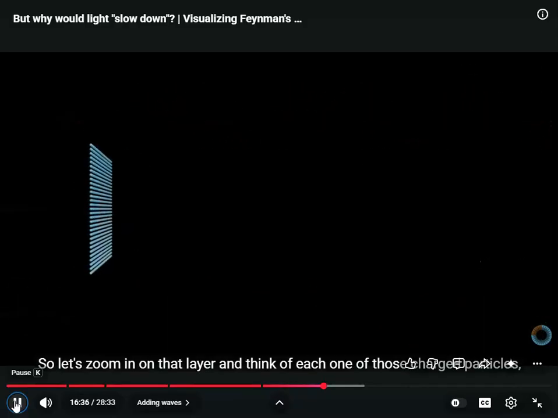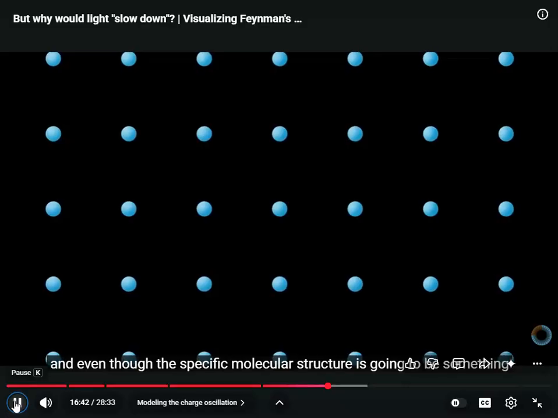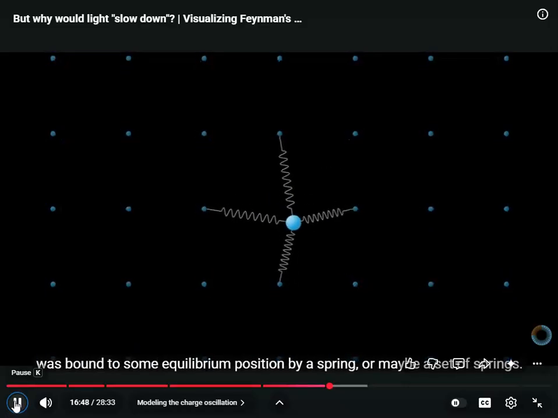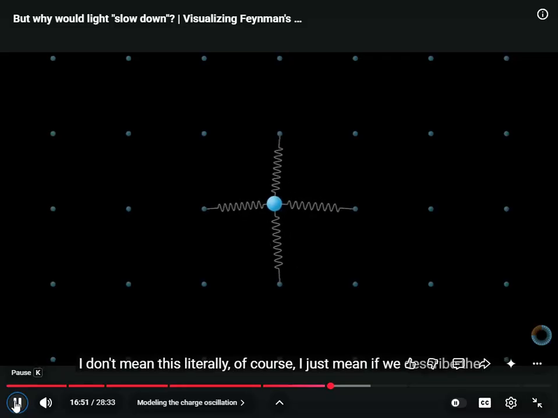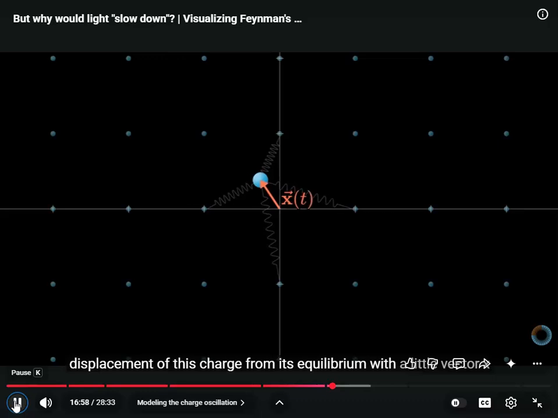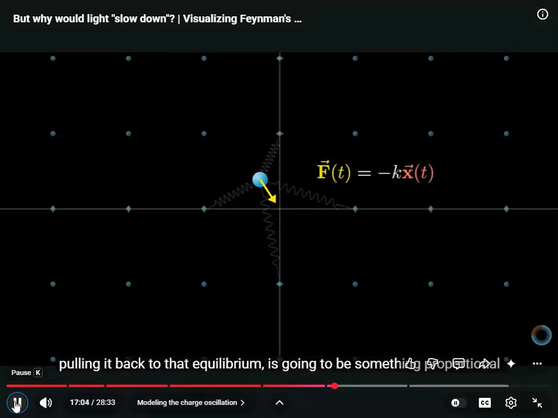So let's zoom in on that layer and think of each one of those charged particles, and even though the specific molecular structure can be something very complicated, we're going to model each one of those charges as if it was bound to some equilibrium position by a spring, or maybe a set of springs. I don't mean this literally, of course. I just mean if we describe the displacement of this charge from its equilibrium with a little vector x that's going to depend on time, then in our model, the force applied to the charge